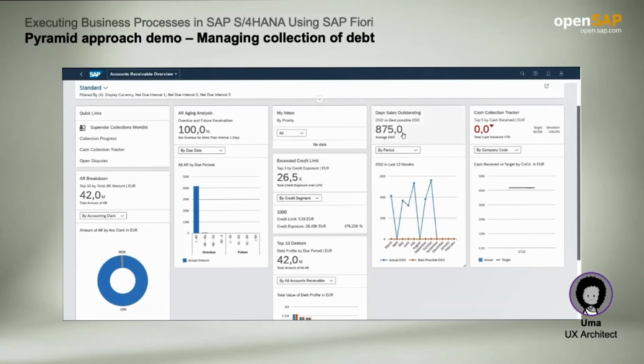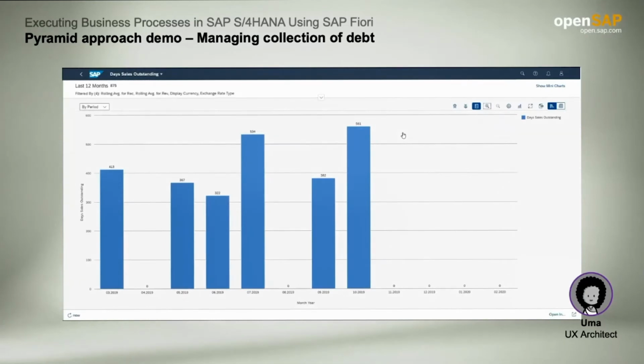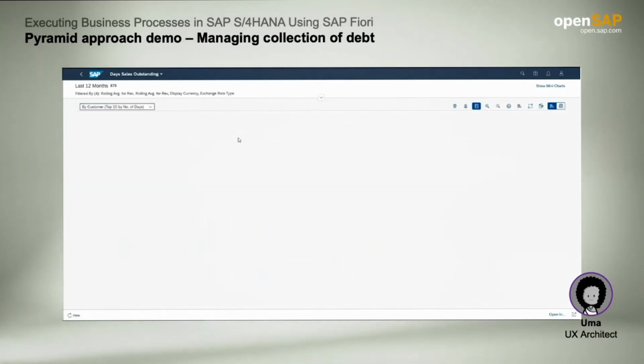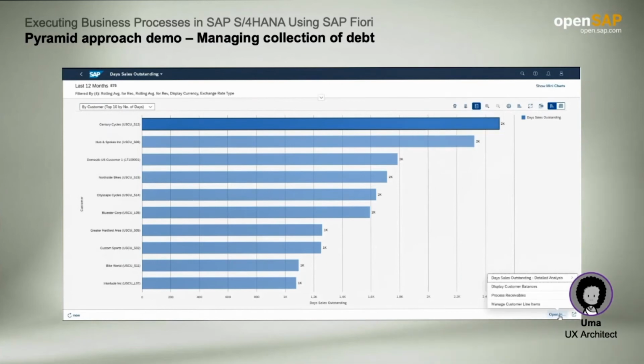This opens the Days Sales Outstanding app, which is an analytical app. By default, the days outstanding is shown by period. Let's say they would like to view the customers with the highest days sales outstanding and pick the customer with the highest value. They can click on Manage Customer Line Items to drill further.